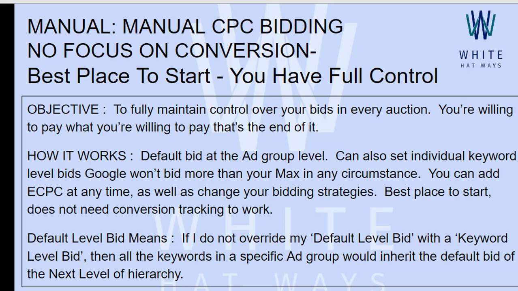You can go ahead and change the keyword level bids as well. So tomorrow, after the account is running, the campaign is running and it is showing the results, there might be certain keywords which are highly performing and there might be some which might not be performing. In those circumstances, those who are highly performing, you can raise the bids for those kinds of keywords and lower the ones which are not performing at all. So you can add ECPC at any point in time.